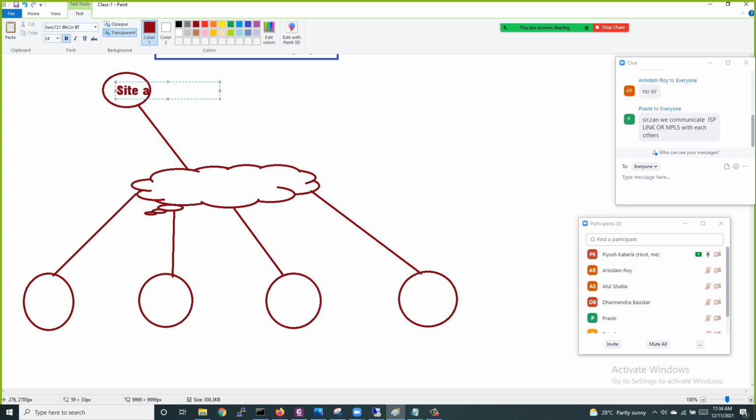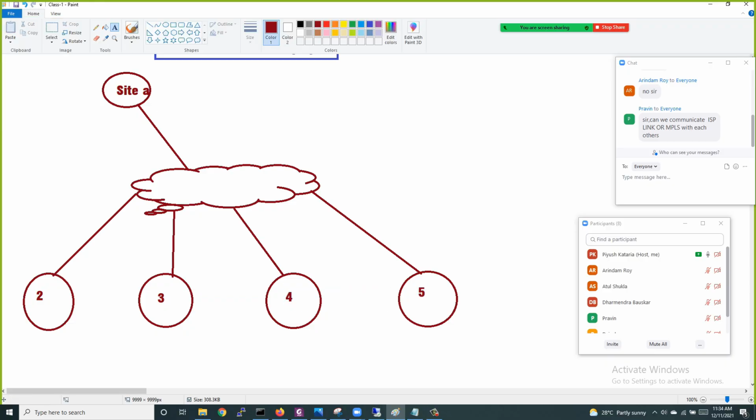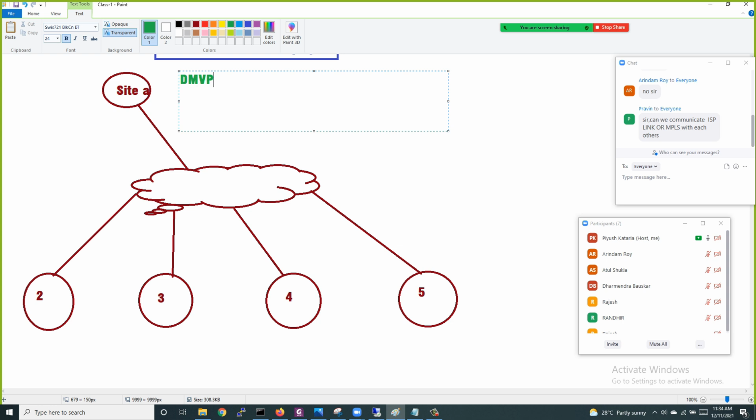Site 1, 2, 3, 4, 5. 5 sites are there. They want to communicate. The first option is we can build a site-to-site VPN between site 1 and site 2, site 2 and site 3, site 3 and site 4, site 1 and site 3, site 1 and site 4, site 1 and site 5, like this. Otherwise, what I can do is I can configure here a solution. I call it DMVPN. DMVPN stands for Dynamic